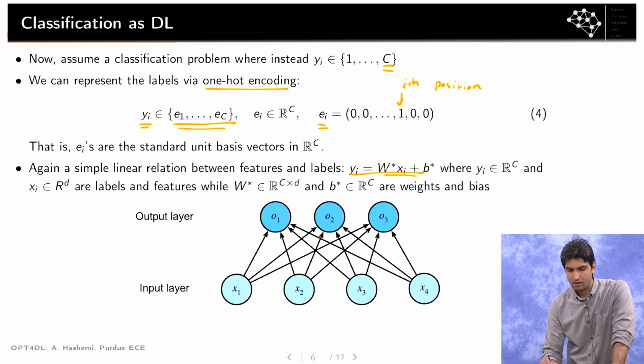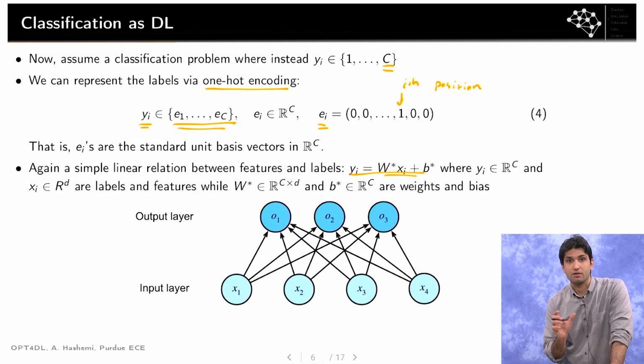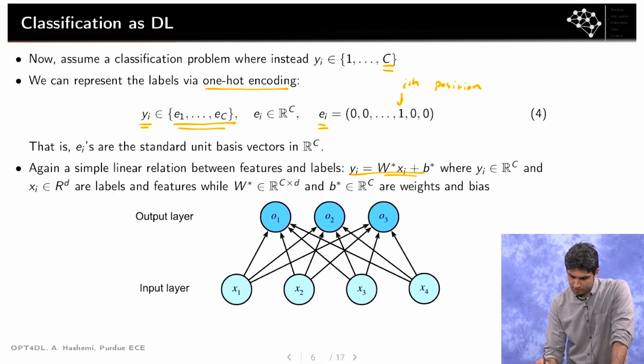Here, W, which I'm writing as a capital W, is going to be a matrix. The reason is that after this encoding, our output is not a scalar anymore. It's actually a vector in R^C. If you have 10 classes, the output is a 10-dimensional vector. If you have 2 classes, the output is a 2-dimensional vector, and so on. So these are our labels